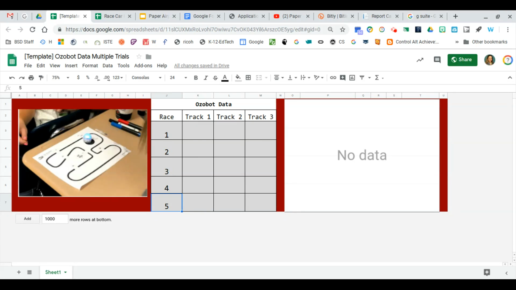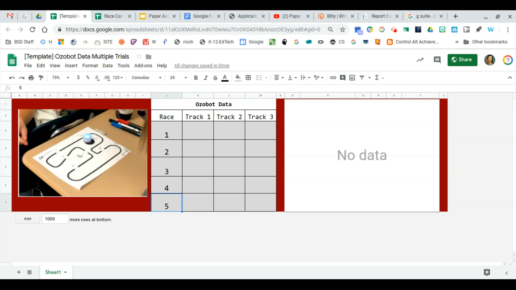you how to edit this Ozobot data tracker to use it with different topics. And this is something you can even teach the kids to do. I start with around second grade and up. They can totally edit these sheets. So I could give each student a copy via Google Classroom, and they can edit from there. If you're working with younger kids, you can do all the editing, and then all they have to do is